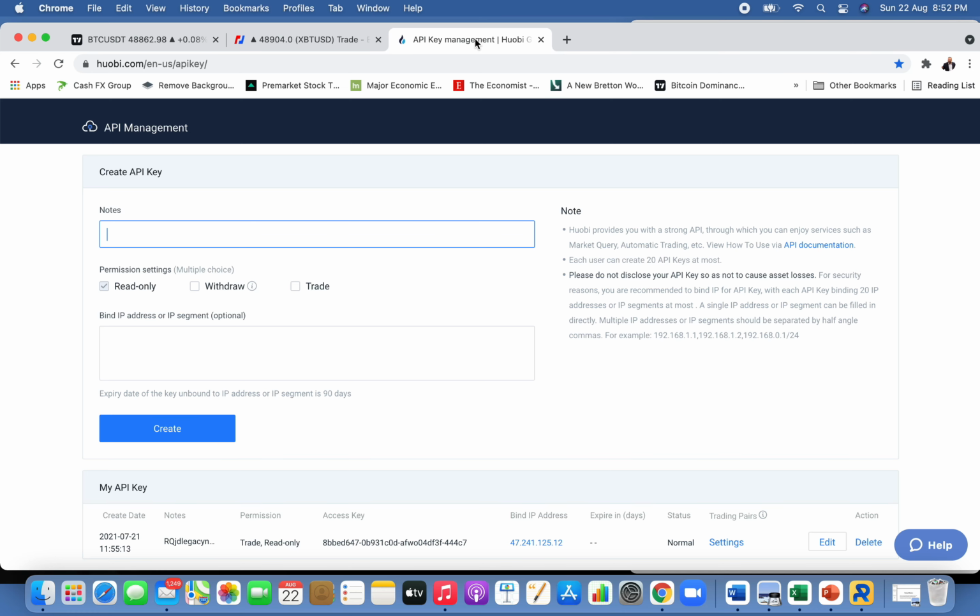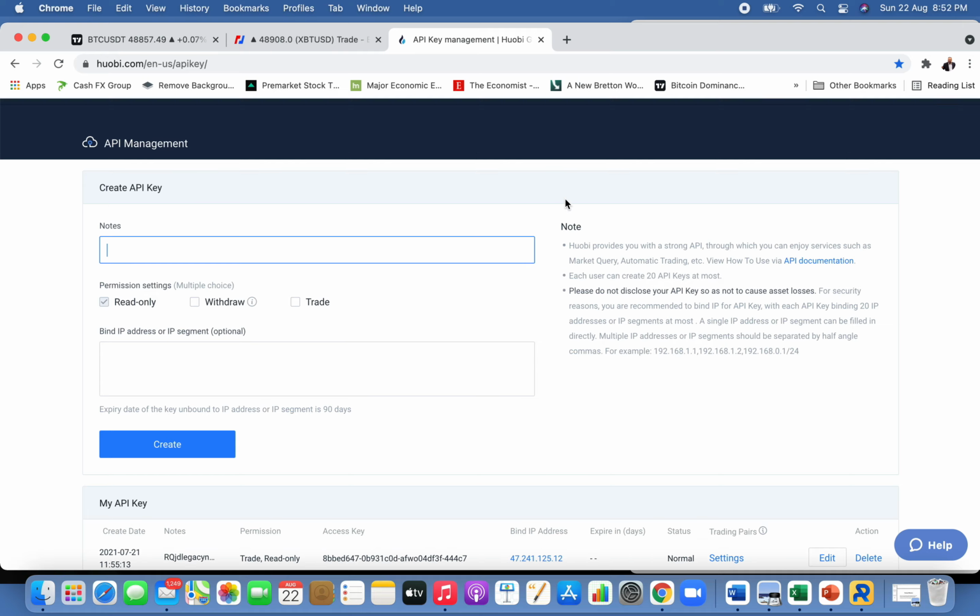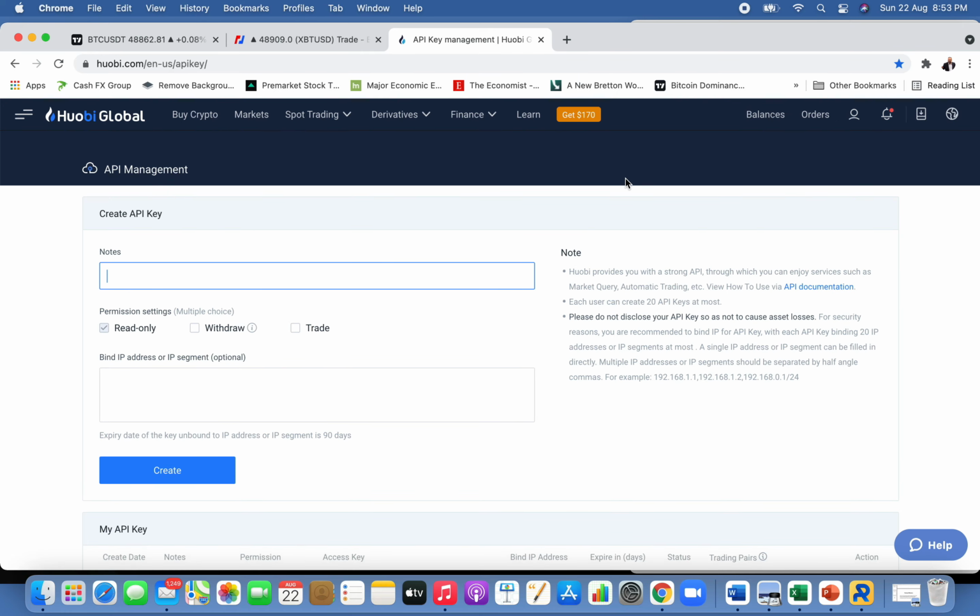And I'm going to quickly show you how to get your API done for your Huobi account. So I have a Huobi account here. I'm just going to do a demo. I'm not really going to use this API later on, because of privacy purposes and so on. Now in Huobi, you'll be able to see the notes over here. Please make sure that you read all this information before you even do the API binding.